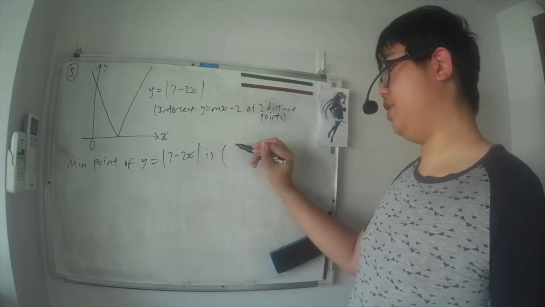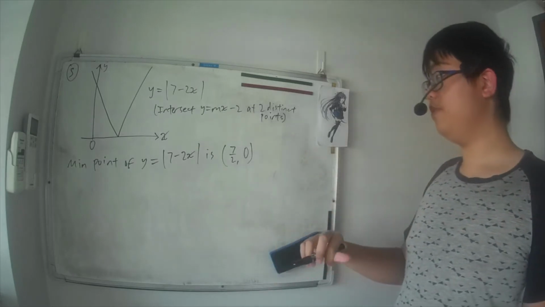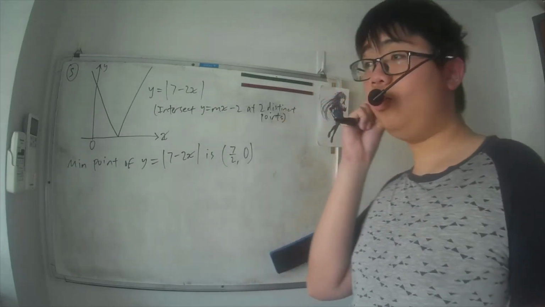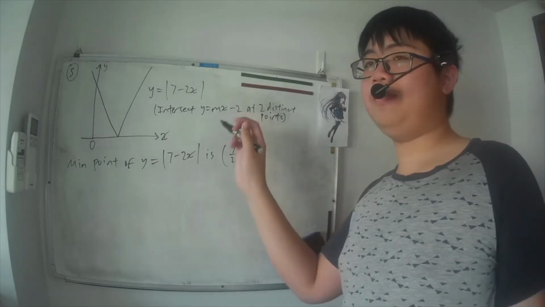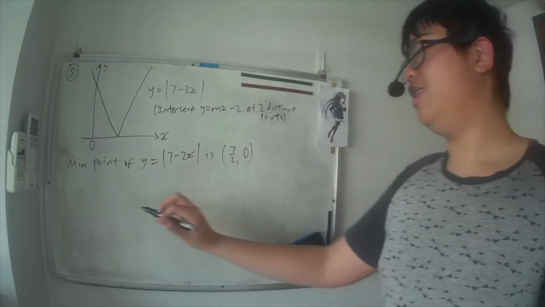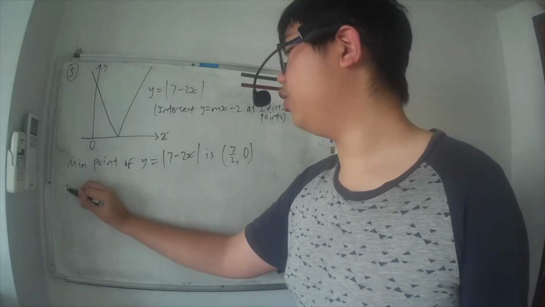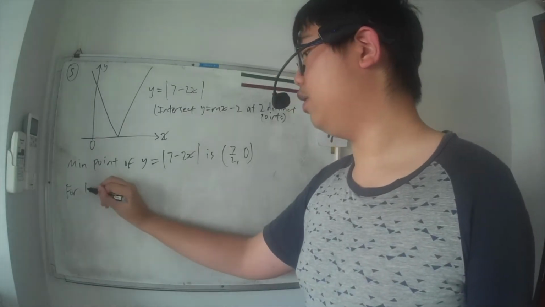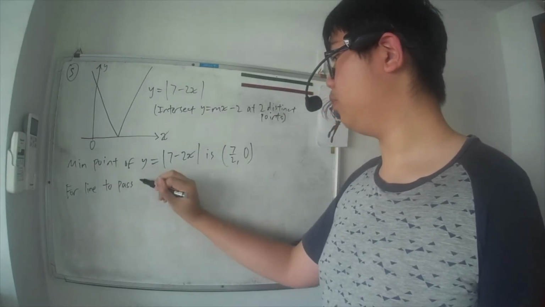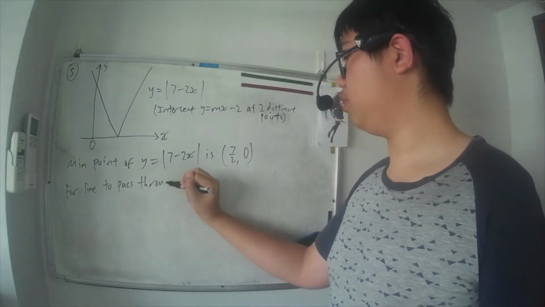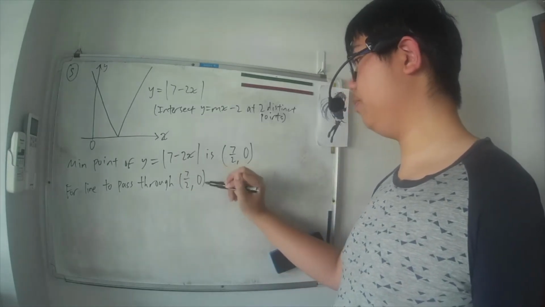And then this will be 7 over 2 and 0. Okay? And now we need to say what happens if m is at 4 over 7. Let's see. For the line to pass through 7 over 2, 0,